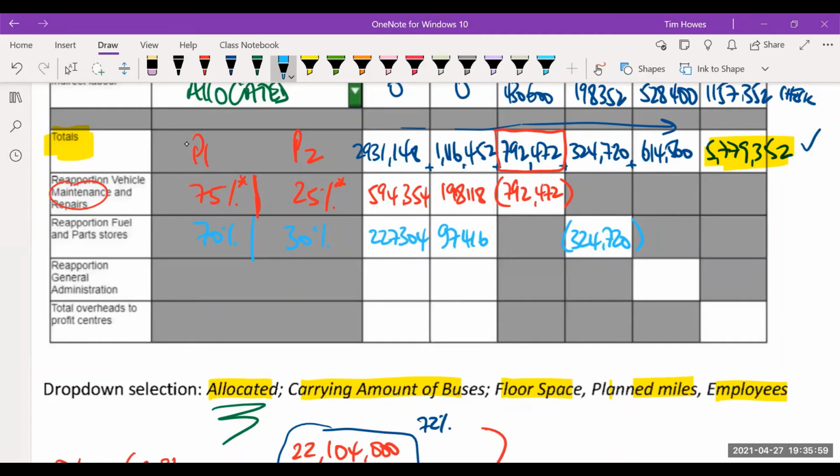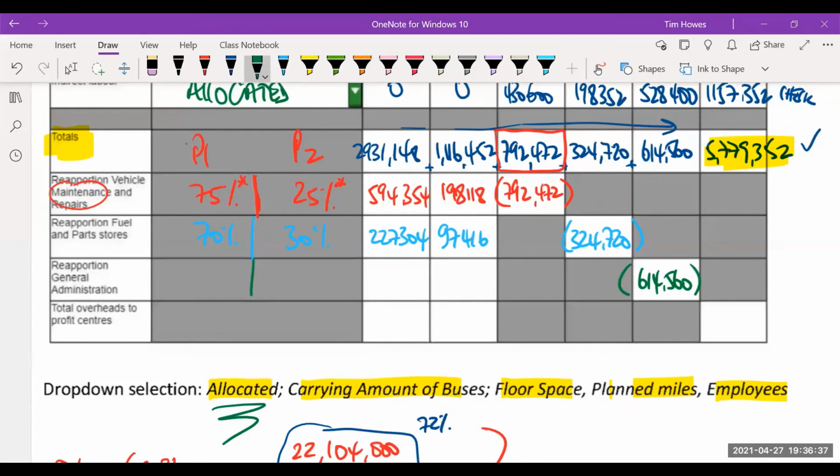And you know what I'm going to say? Do them independently. Take 70% of it, pop it in here. Take 30% of it, pop it in there, and check that these two are the same as that. Check that these two are the total there. Don't do anything silly. Take your opportunities to check everything. Boom. The last one, we're going to take the 614,560 that found its way into whatever that was, the general admin, and we're going to dish it out between P1 and P2.